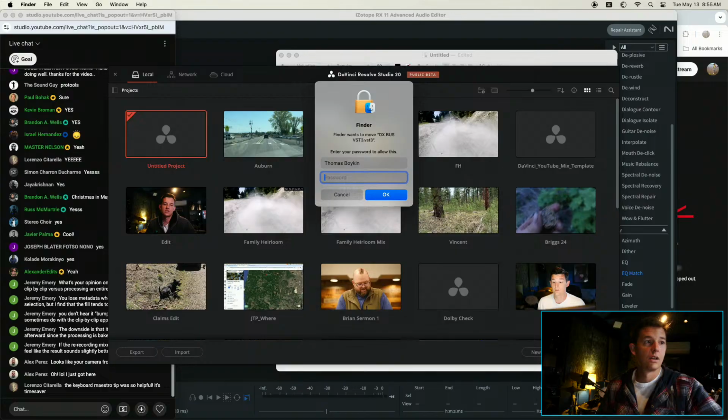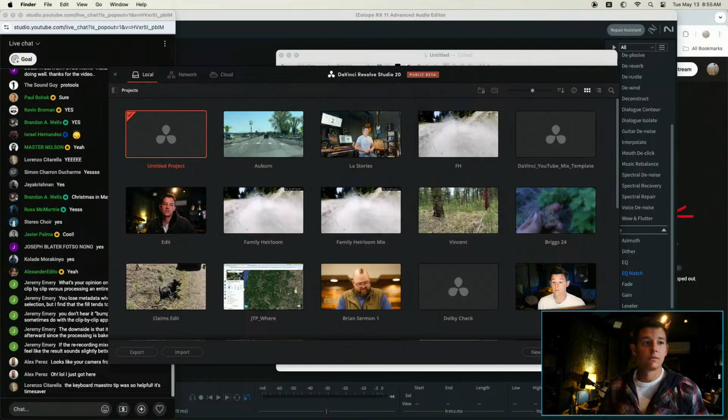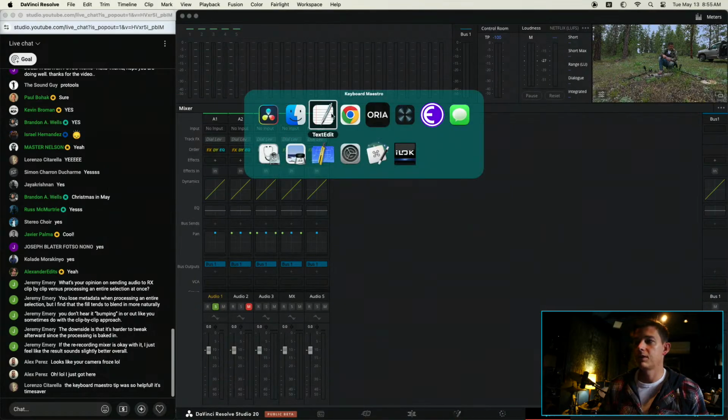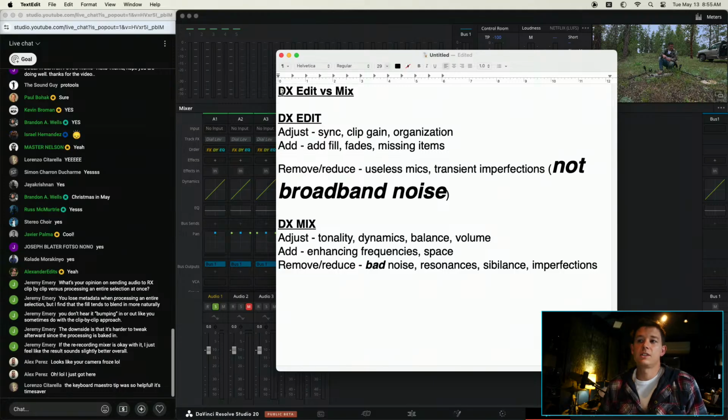let me just redo this. Okay. Recap kind of what we talked about. It's important to differentiate between dialogue editing and dialogue mixing. In a dialogue edit, we're adjusting sync, clip gain, we're organizing the tracks, we're adding fill, fades, missing sounds, we're removing and reducing mics that aren't useful, transient imperfections, but we're not touching broadband noise.